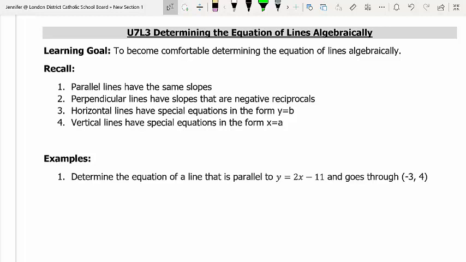Unit 7, Lesson 3, Determining the Equation of Lines Algebraically. So today we're going to find out how to generate the equation of lines, specifically the parallel, perpendicular, vertical, and